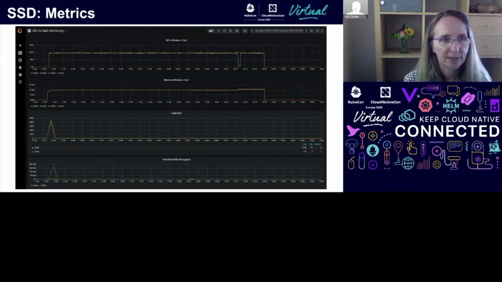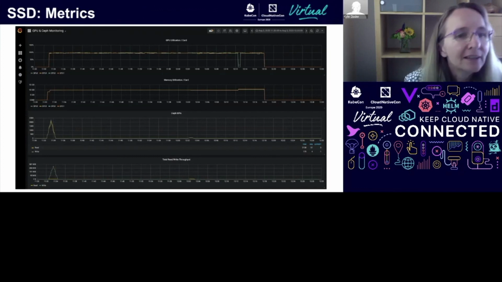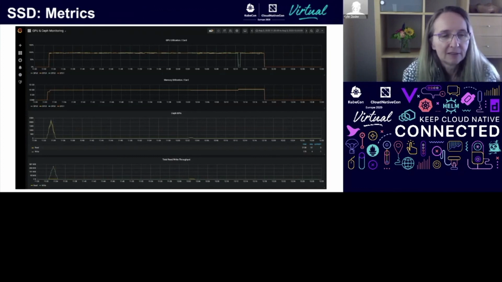So, we look at the next one. It was actually more interesting, I thought, because it was totally different than what we saw with the transformer. This was the single stage detector. It's object detection. So my favorite, because it's the SSD, right? And being a storage guy, we love SSDs, right? So the SSD workload